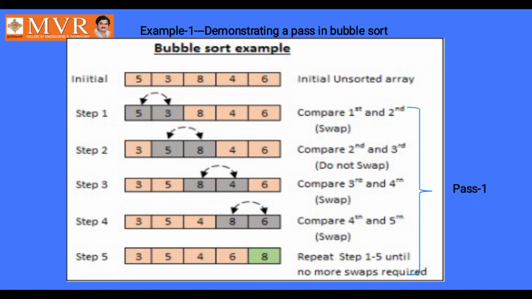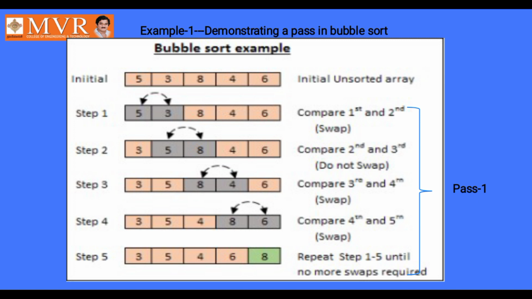See, I am given initially an array of elements, that is 5, 3, 8, 4 and 6. Now I want to sort this list of elements. So what I use is the bubble sort technique. Step 1, I compare my 0th element with the first element, that is 5 is compared with 3. When comparing 5 with 3, they are not in ascending order, that is 3 should be in front and 5 should be after. So I perform the swapping technique.